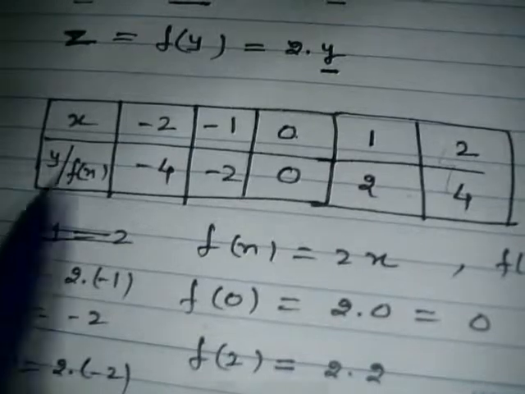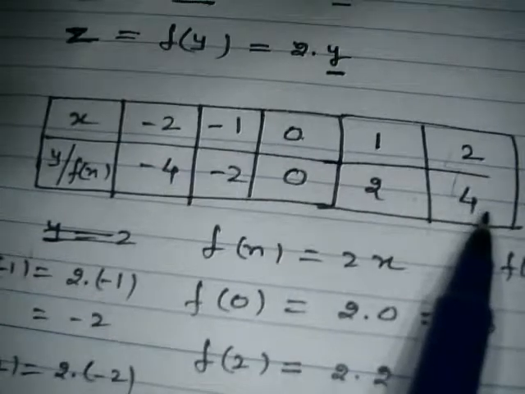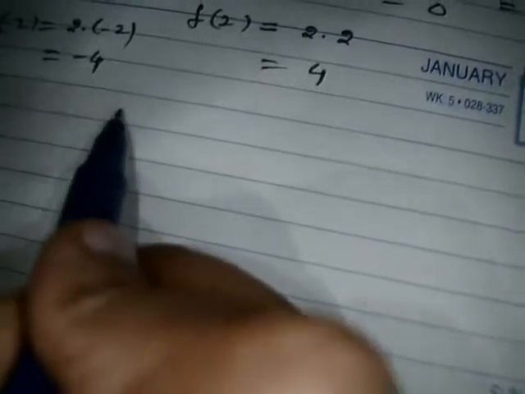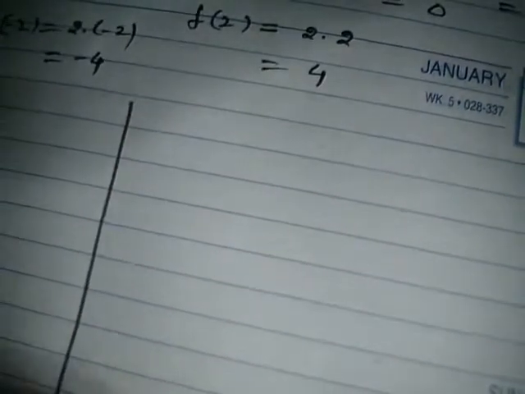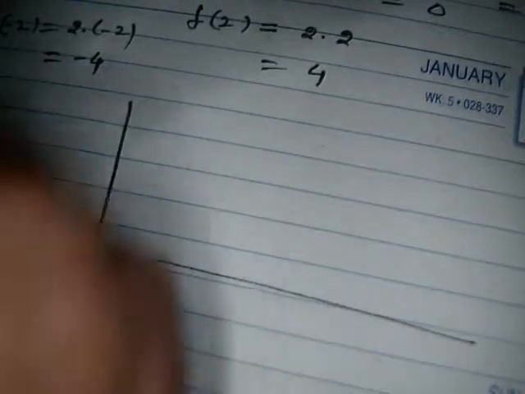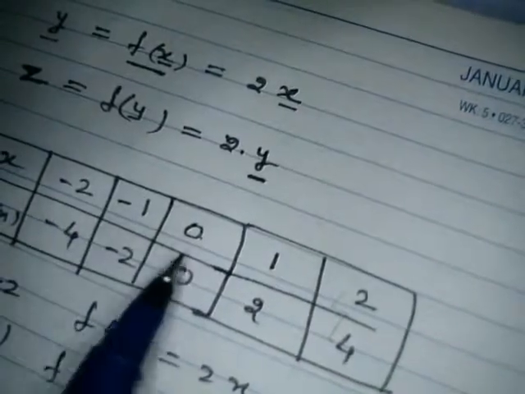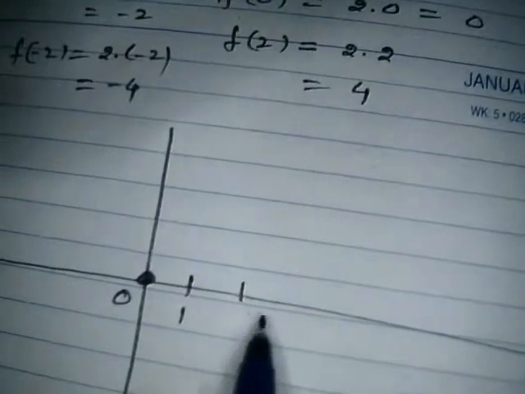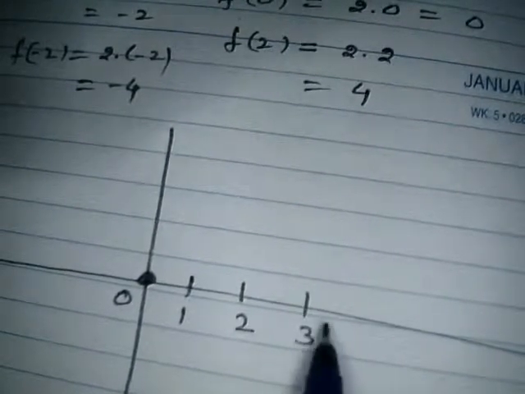For the values I have taken for x, I have calculated the value of the function, correct. Now suppose I roughly draw the graph of this. On the x-axis we need the values 0, 1, 2 and negative 1, negative 2. So I am roughly marking these values on the graph. This is 0, this is 1, this is 2, this is 3, we have taken up to 3, though we don't require it. This is negative 1, negative 2 and negative 3.